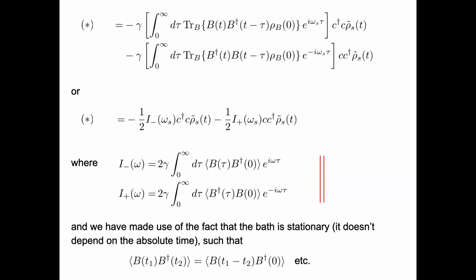One of them is there even if I'm in a vacuum. This means I can always emit an excitation. So this term corresponds to emitting into the vacuum. But if I have thermal excitation, I can also absorb energy from the environment. So if you have an atom and a lot of photons, you can have the atom in the ground state and absorb energy from the environment. But this is only possible if this correlation function is non-vanishing.